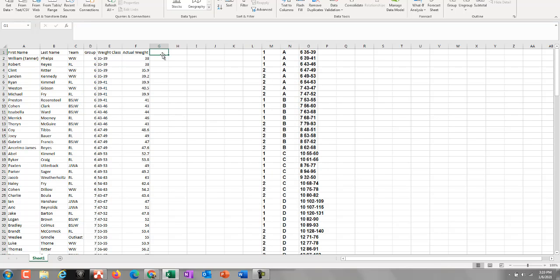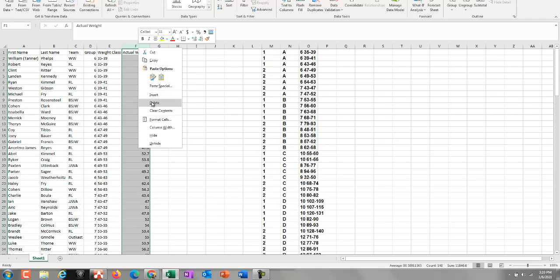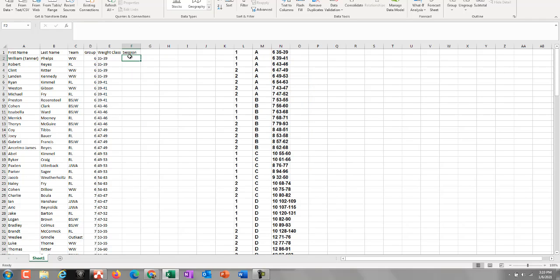What I would do then is come over here and put session. You can get rid of the weight column. You don't need to send that out to people. And then the session's going to be A, B, C, D, or E. So I can start off with session A. I can see very quickly that session A ends with the 4752. So what I'm going to do is go to 4752